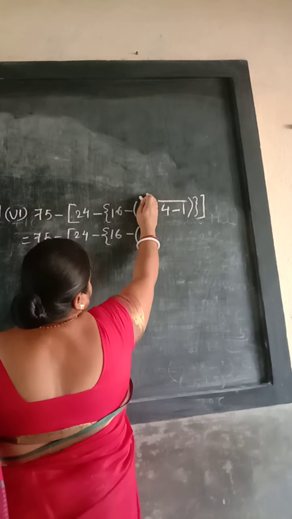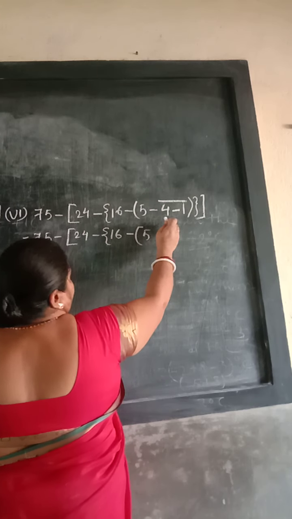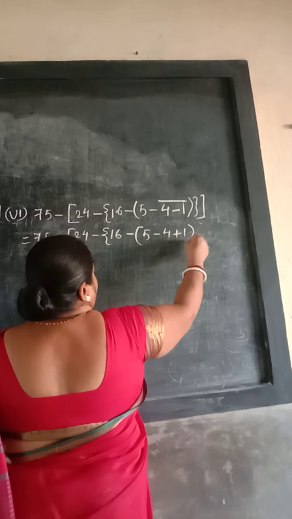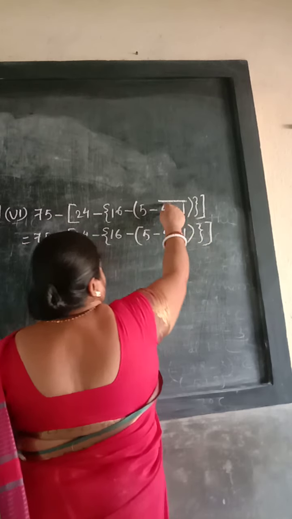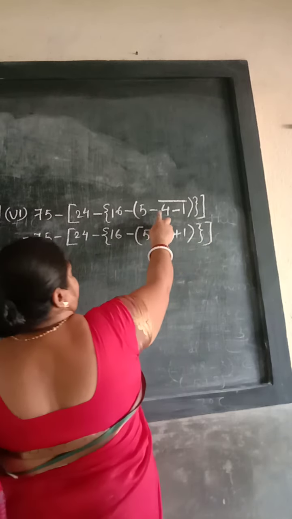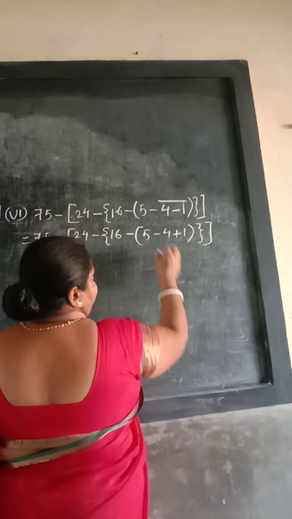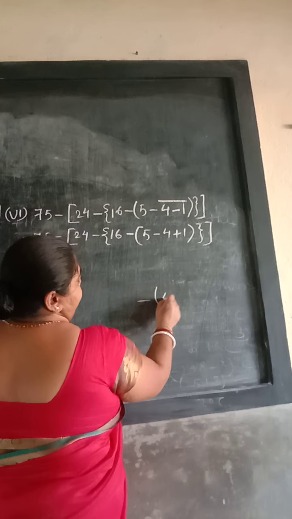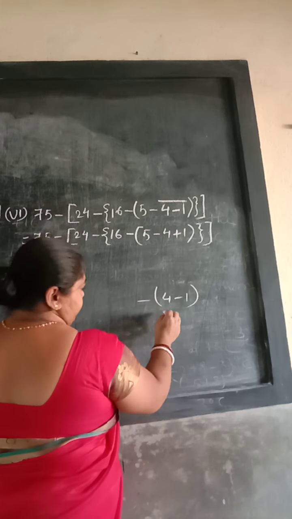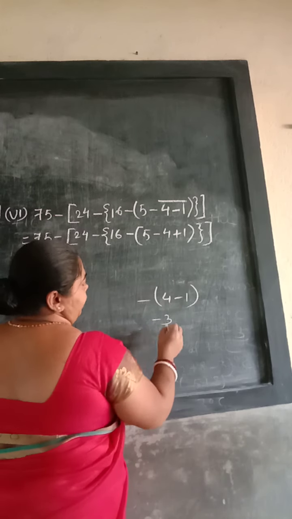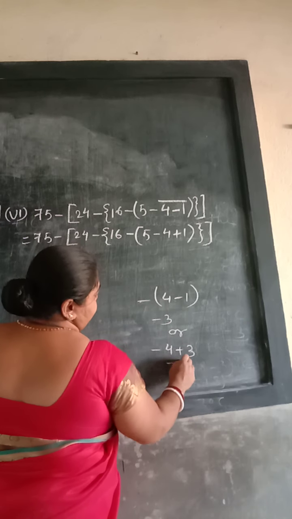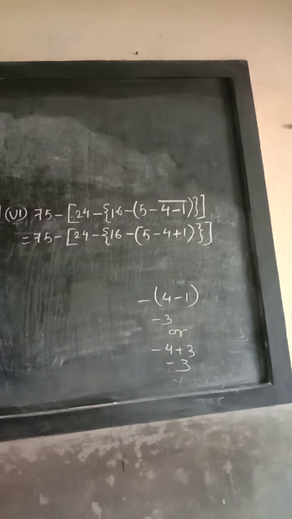You have to see only this. It is not minus 4 minus 1. Either you can write it minus 4 plus 1 while removing the bar. Once the bar is removed, just you take bar as a bracket. So before the bracket there is a minus sign. What it will be? 4 minus 1. Either you can write it directly minus 3 or you can write it minus 4 plus 1 and in the next step minus 3. So here just you take bar as a bracket.